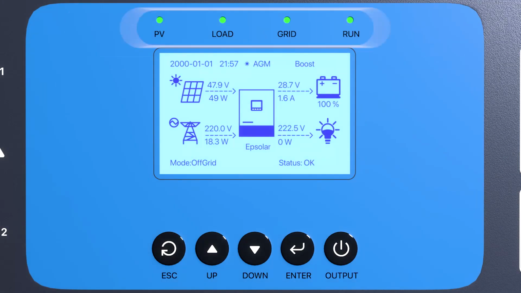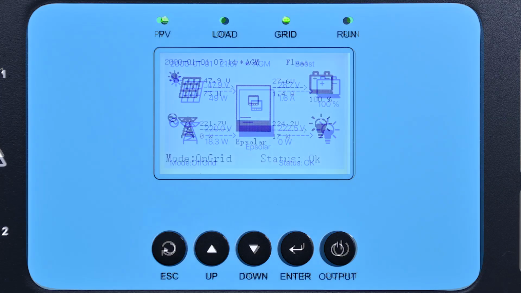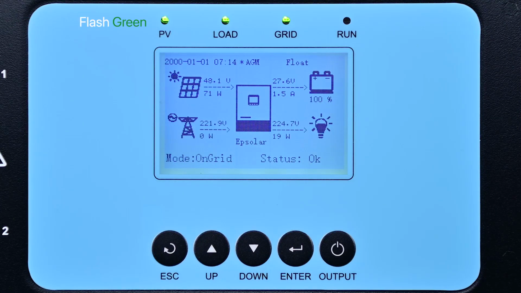First, we can see 4 LED lights above the display screen: PV, load, grid, and run, representing the working status of the solar panel, load, grid power, and operation. Normally, all 4 LED lights will flash in green, indicating that the device is working properly. If any LED light displays red, it means that the device is experiencing a malfunction, and you can troubleshoot based